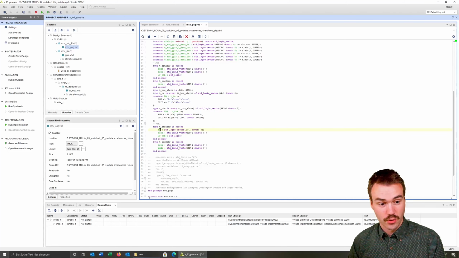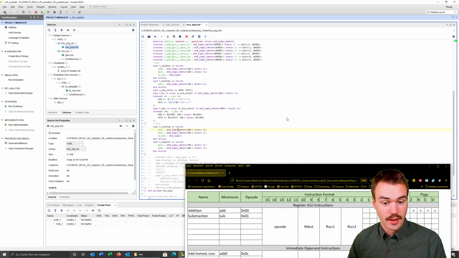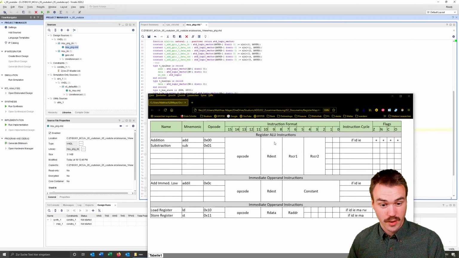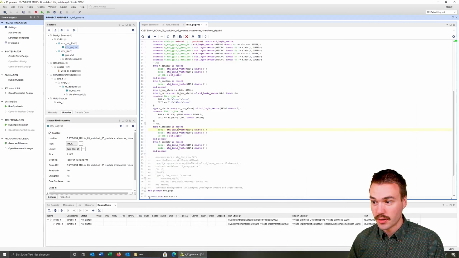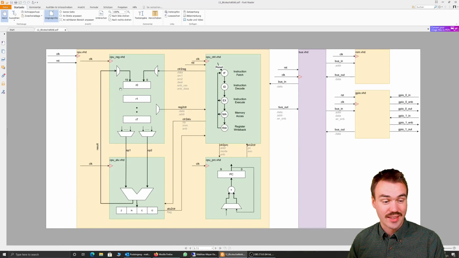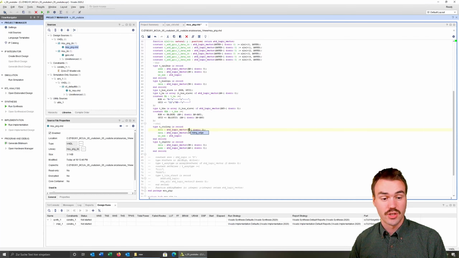And here we have source 1, which is also an STD logic vector. And as we saw before in this table, this also has a certain size. Let's say we have a register ID width. When we look at the schematic, we have 8 registers, and to give a unique ID to each register, we need 3 bits. So let's say this has a register ID word width